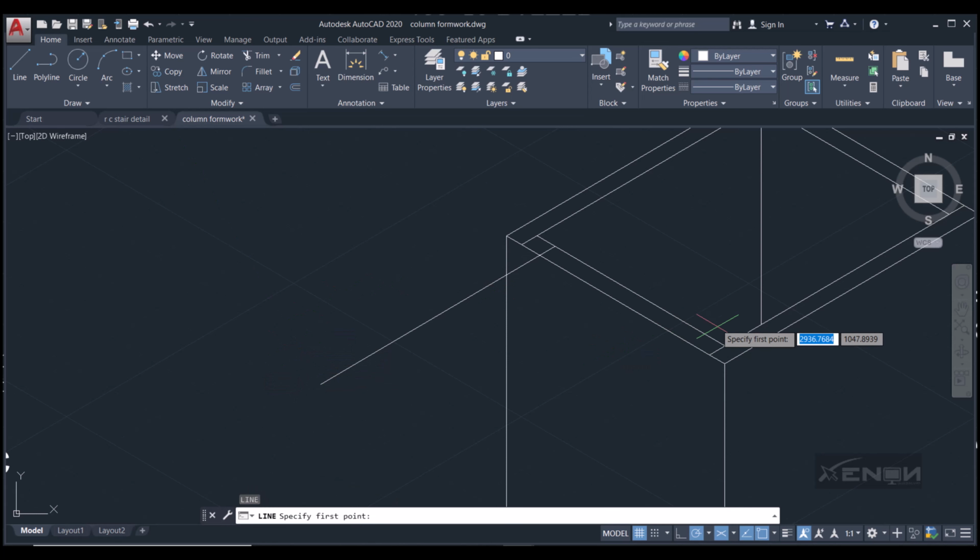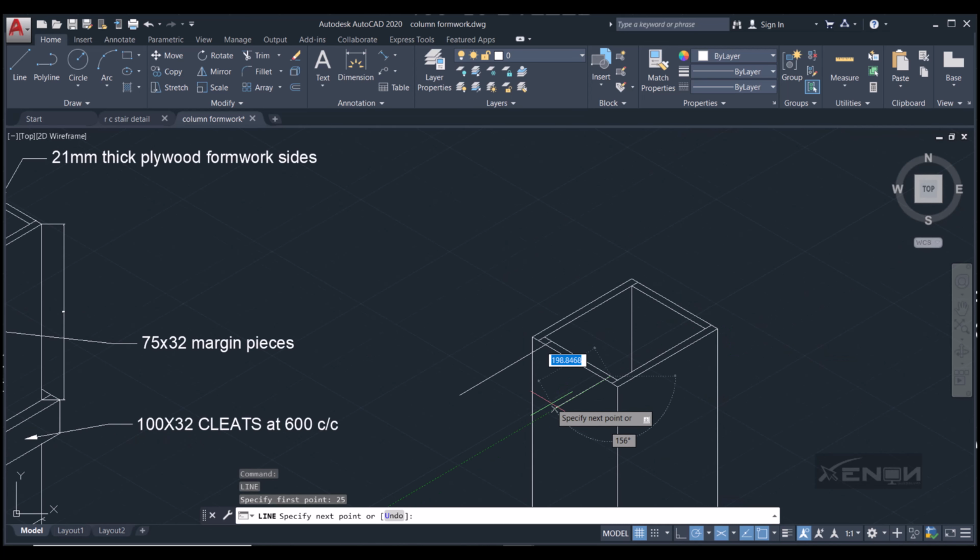Do the same thing this other side, snap at the end, move inwards by distance of, let's say, 25, and draw a line. So I want this line to snap at that very point, so snap there, then why isn't it snapping? Okay, so I'm going to go back to the drawing board,